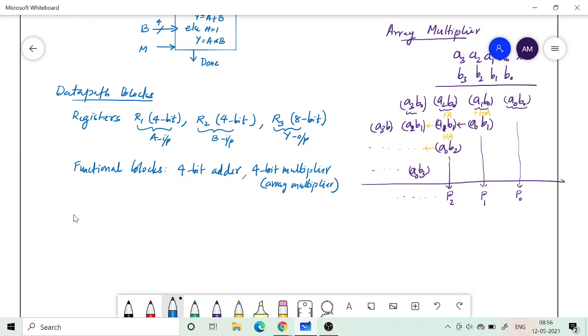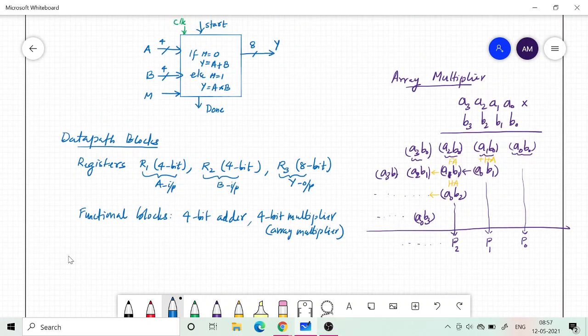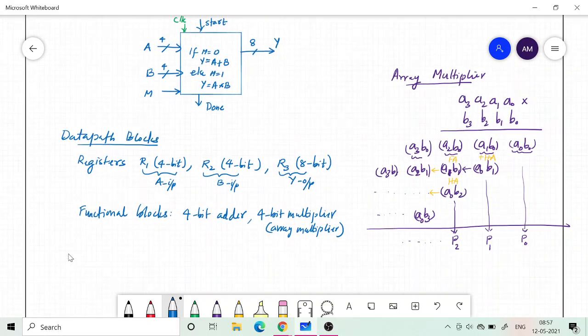Now what else do we require? Anything else other than the registers and functional blocks? Of course we require a bus in order to connect between the registers and input and functional blocks and output, etc. Do we need a multiplexer here?